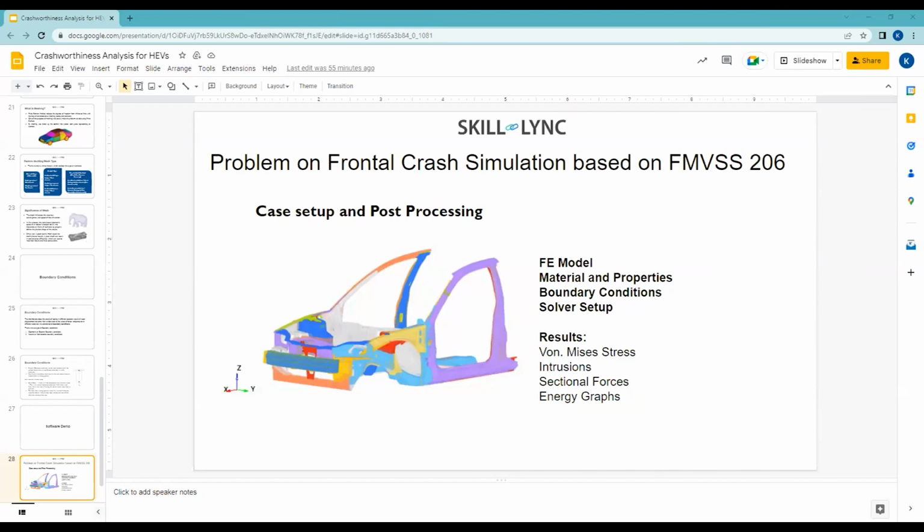Again, we are plotting the cross sections. Suppose if you go over here in the A pillar, you can see a cross section, because I want to find out what axial forces are generated in this A pillar. This thing over here is your A pillar, and this is your B pillar. These are the things which we tried to find out.